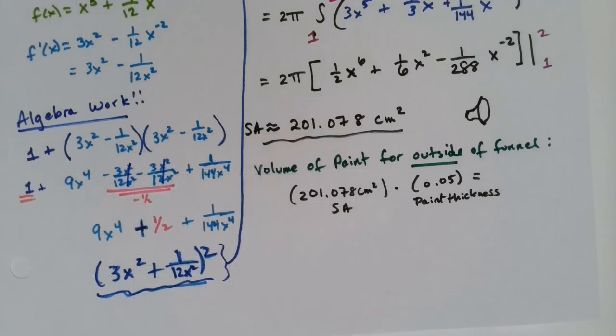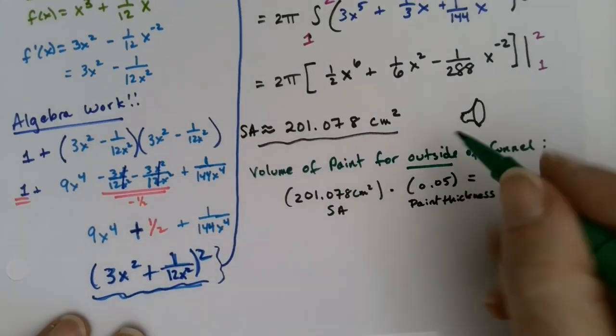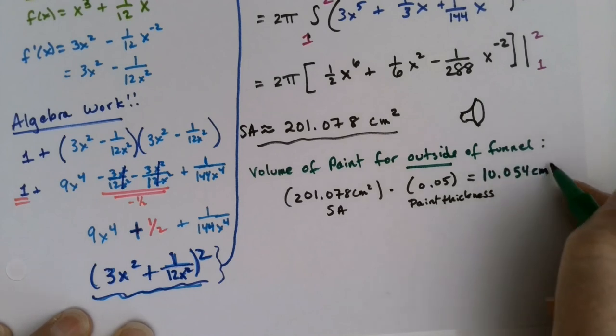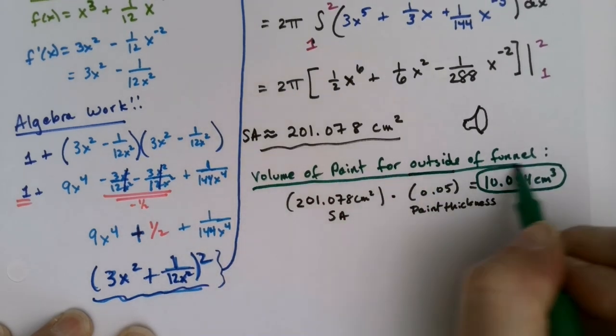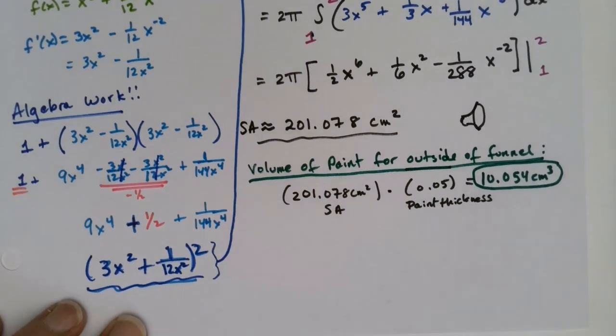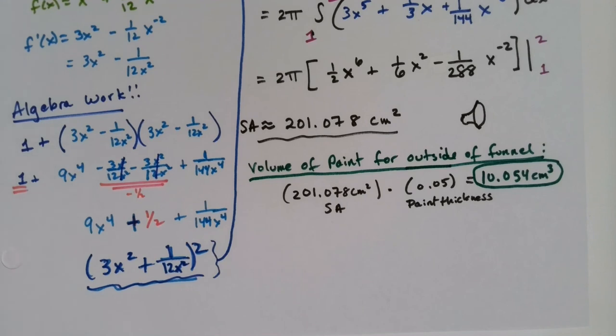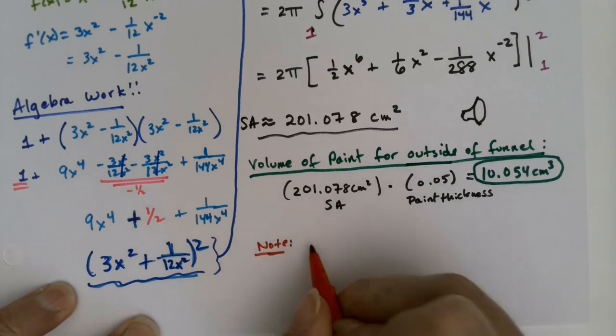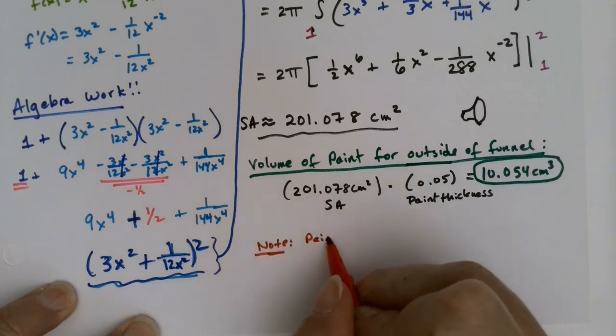All right, so this would be 10.054 centimeters cubed. This is what they actually asked for. And then I think it's a good thing for your notes to note, if you want to paint inside and out,